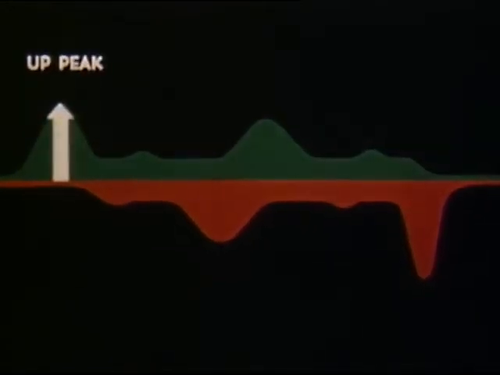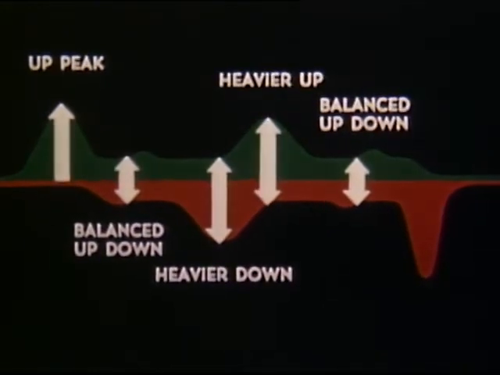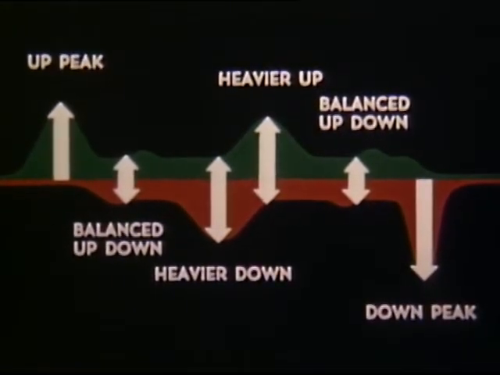Just before the lunch hour, there's a surge of down traffic. And right after the lunch hour, the pattern is reversed. A heavier upsurge, but still considerable down traffic. For most of the afternoon, it's about even up and down, until late afternoon when everyone wants to go down in a few minutes period. So we have these distinct traffic flow patterns: up peak, balanced up-down, heavier down, heavier up, and down peak.